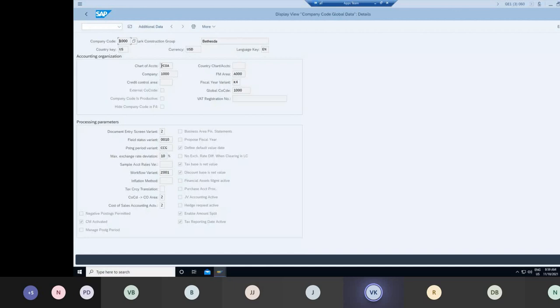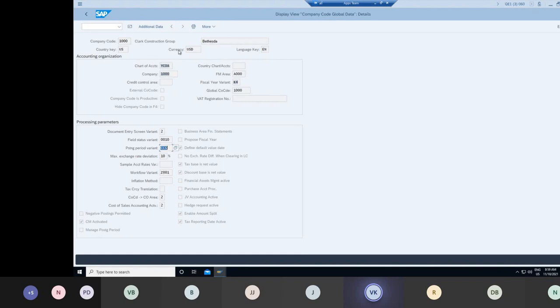You can see they have the chart of accounts. They have defined the company. They have used the fiscal year variant, field status variant, posting period variant. They also have workflow. Workflow I cannot show because that requires technical help.